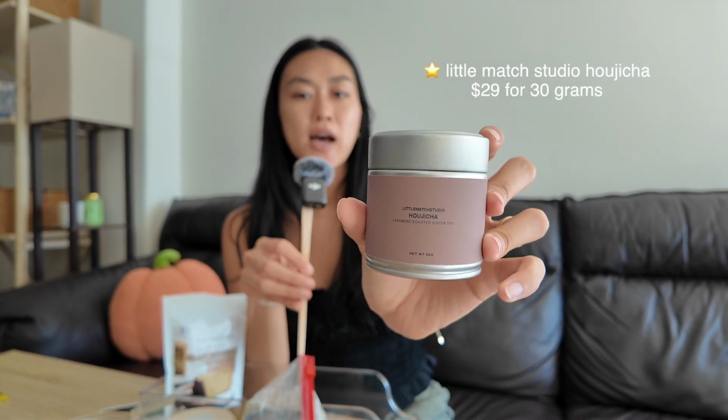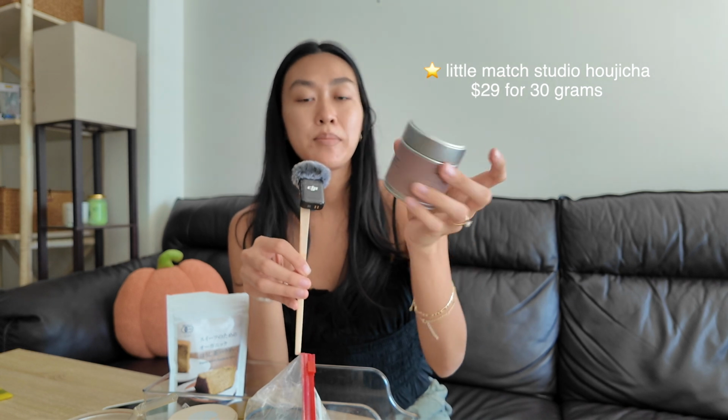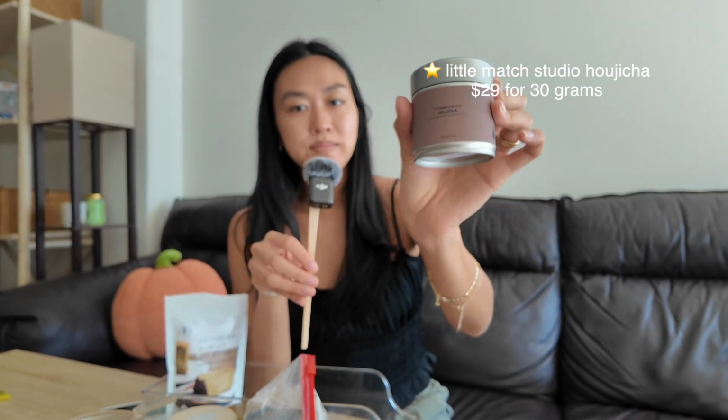Okay, next up we have Little Match Studios Hojicha Powder. And this is another top 3 favorite hojicha powder of all time so far. And this one is